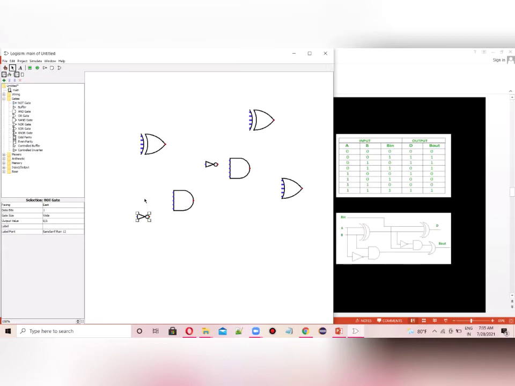Now let's change the number of inputs to 2. Here also, let's change the number of inputs to 2. Here also, and here also, let's change it to 2.